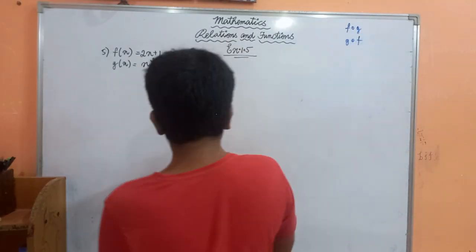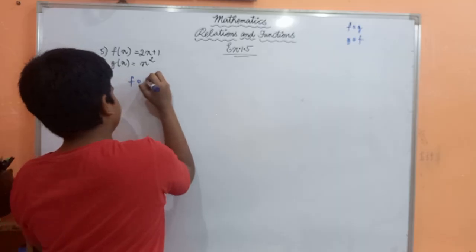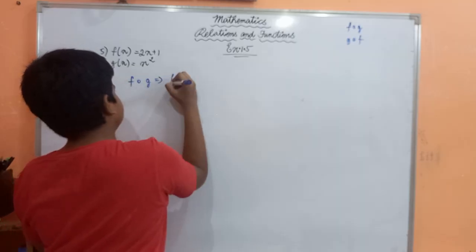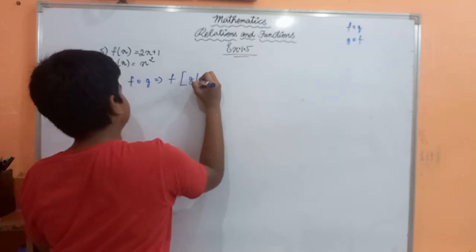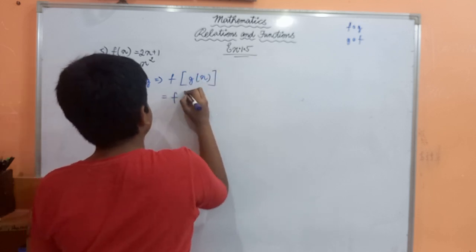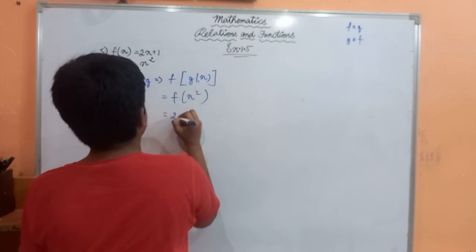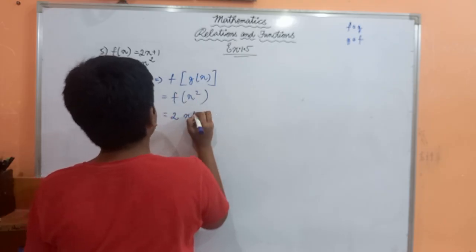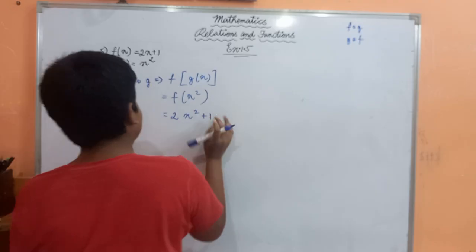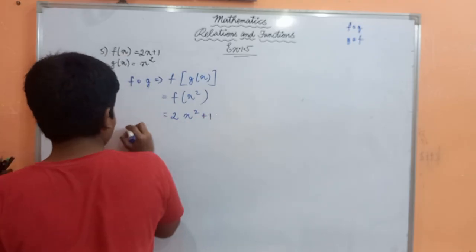It's simple. First find f∘g. f of g, so f of what is g? It's just x squared. So f of x squared is 2x squared plus 1. So this is the answer. So range